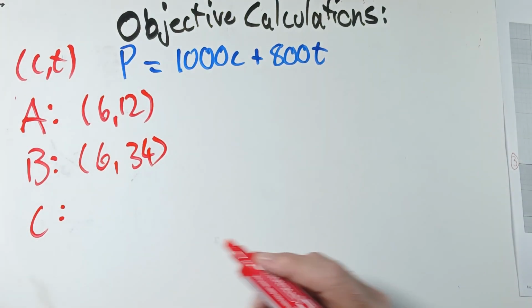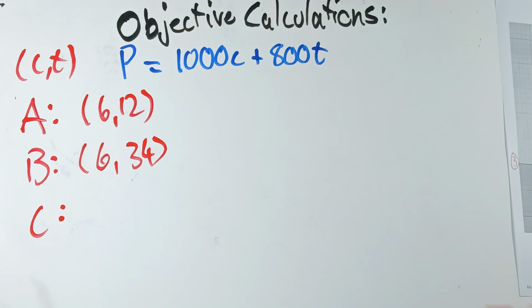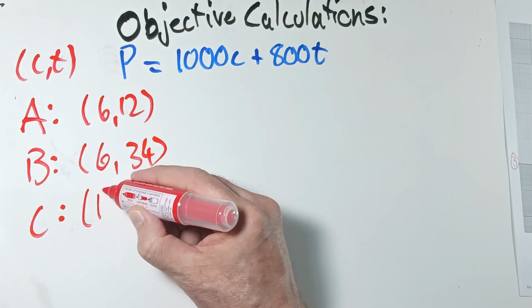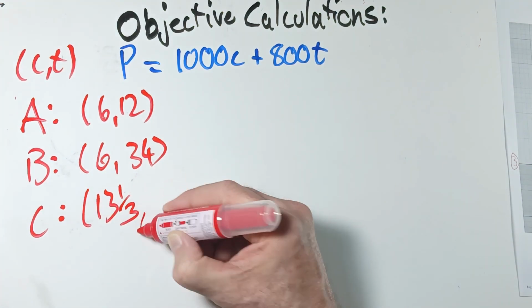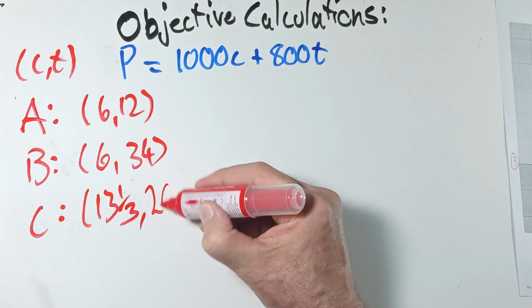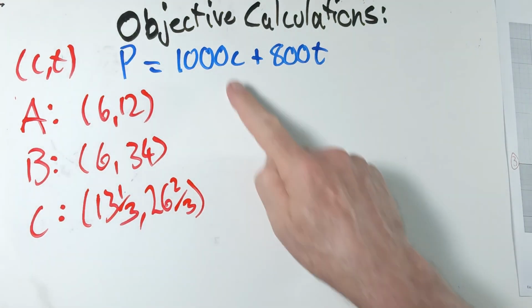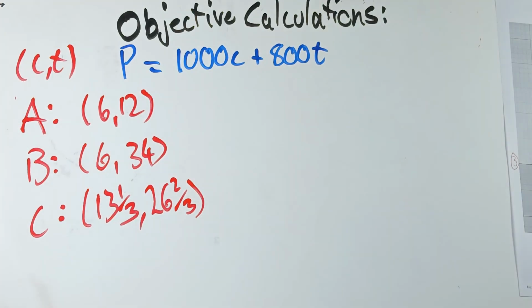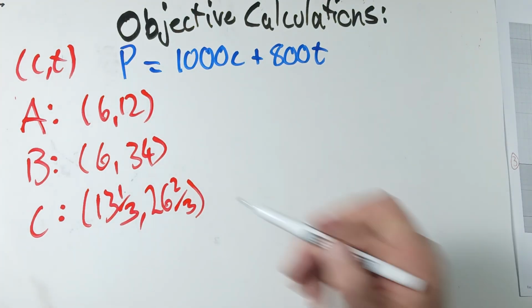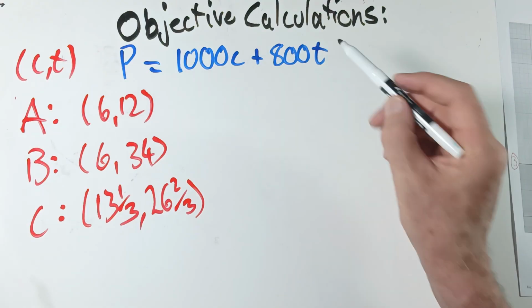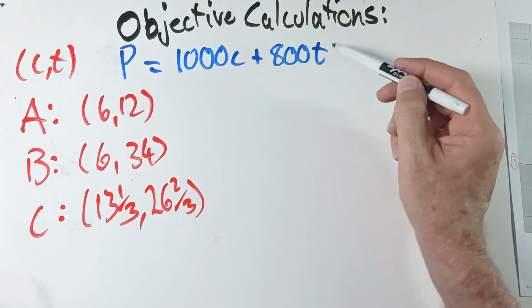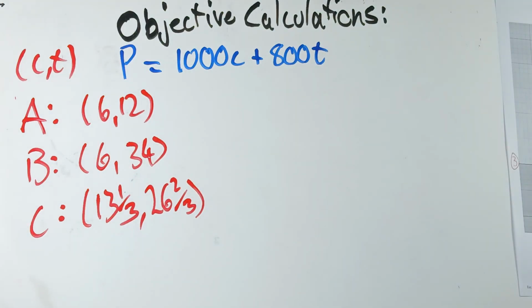And C is 13 1/3, 26 2/3. And we just put them straight into this. So that goes there, this goes there, that goes there, this goes there, and so on. So we get, still in green,